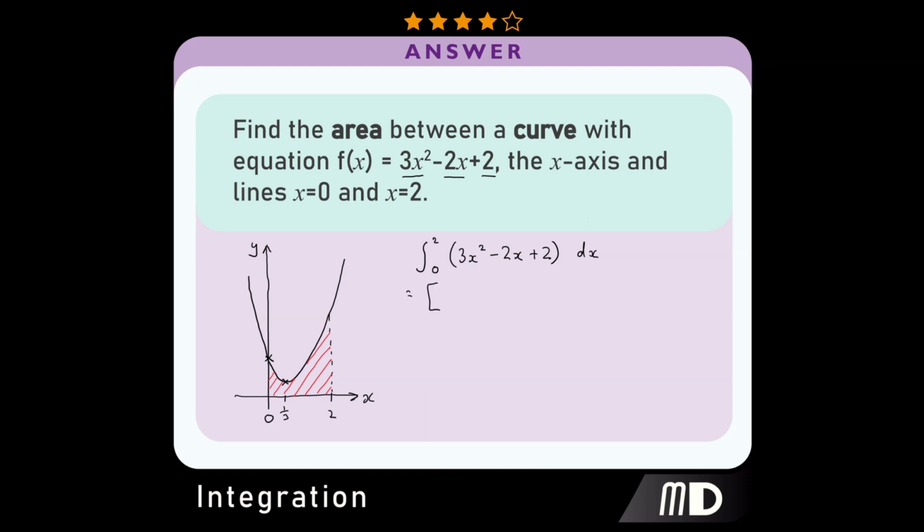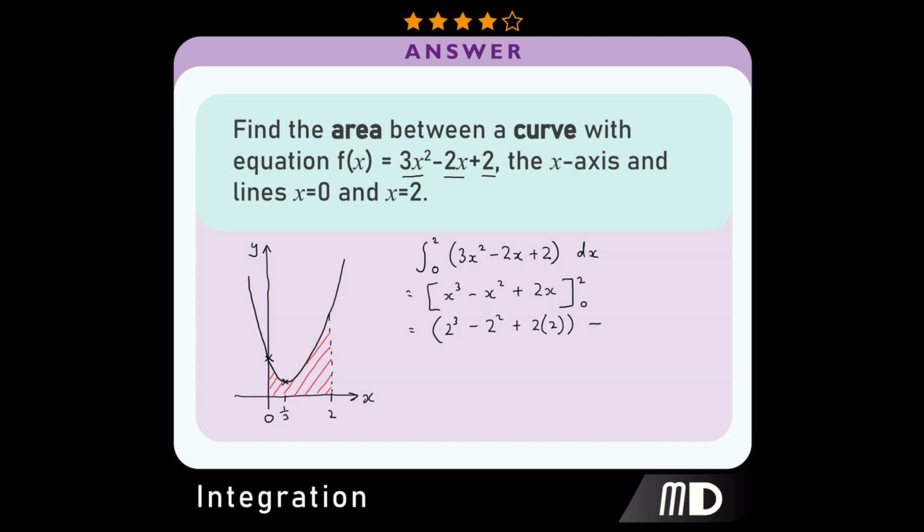So if we integrate this, 3x squared is x cubed, minus 2x, which is minus x squared, plus 2, which is 2x. And because this is a definite integral, we don't need a constant, but we are going to be substituting in values of 2 and 0. So beginning with the 2, 2 cubed minus 2 squared plus 2 multiplied by 2